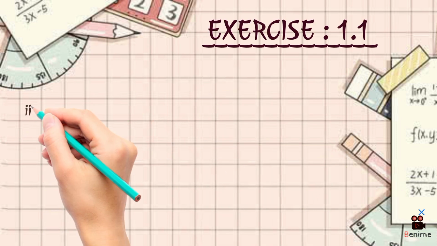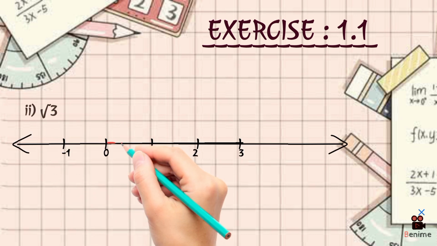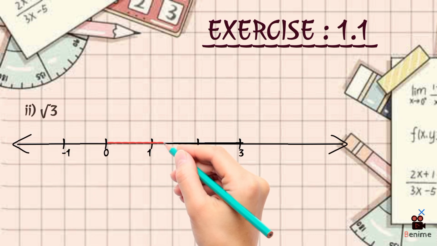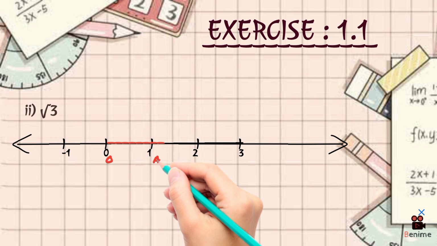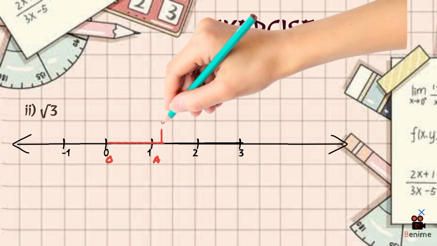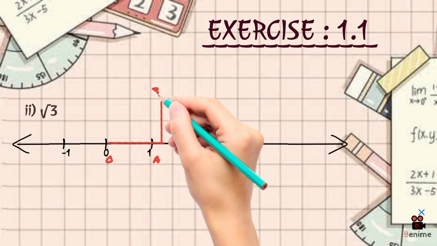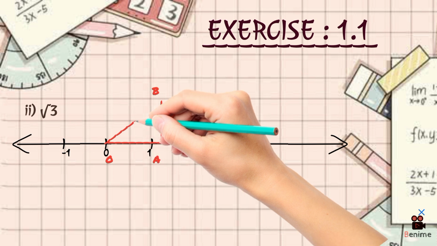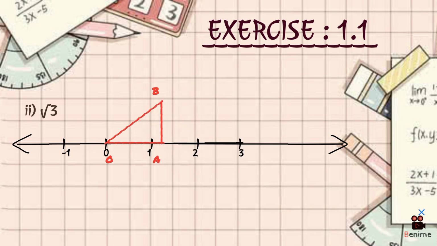Next question is square root 3. First mark square root 2 point on number line. Let the endpoint of square root of 2 be A. At A, draw a perpendicular AB equals 1 unit. Join O and B. Now it has become a right triangle. So in right triangle OAB,